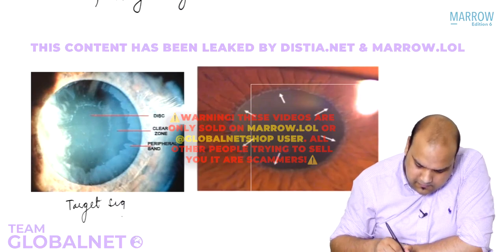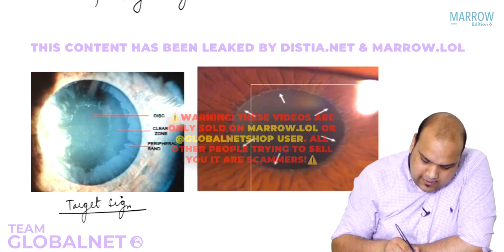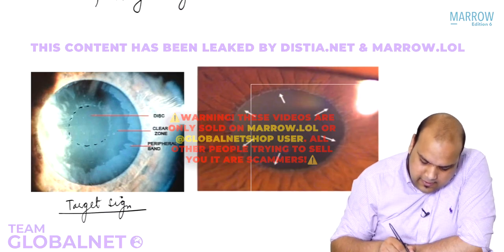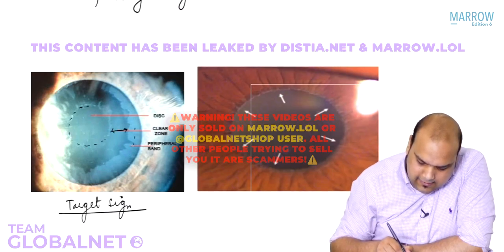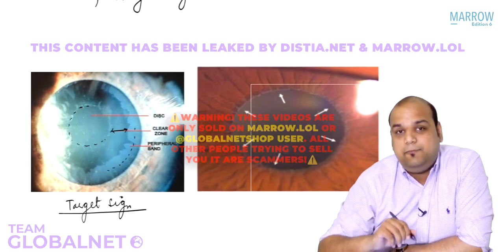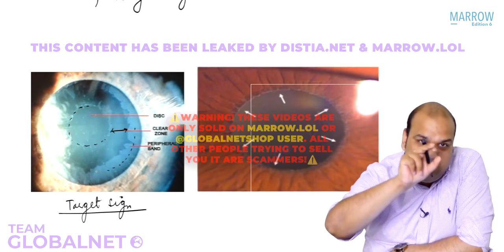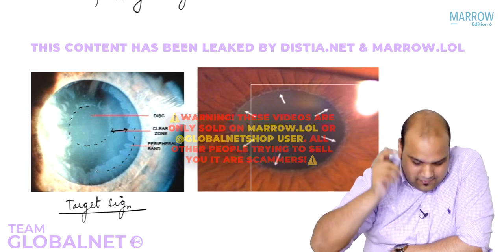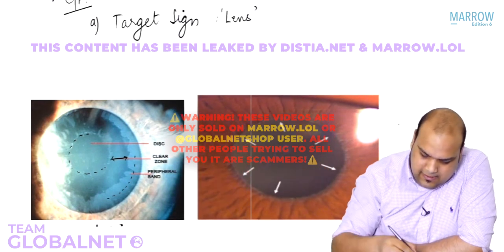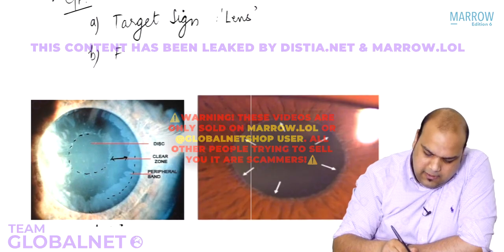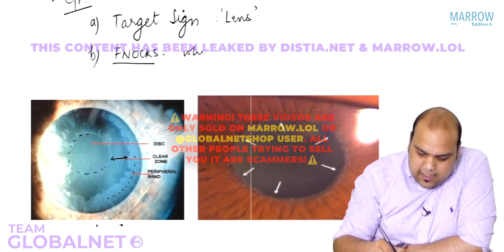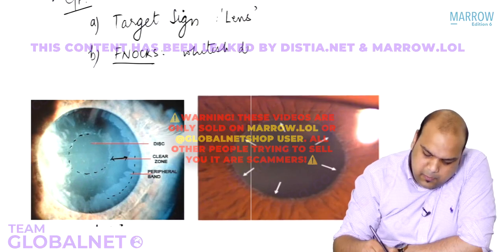In the center, there is a ring. The second zone is clear, and then there is deposition of exfoliative material. So it looks like a target, yes or no? There is blur, clear, blur. Now, secondly, we can see something called flakes. Flakes are whitish deposits